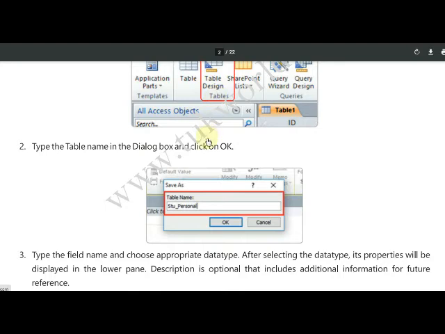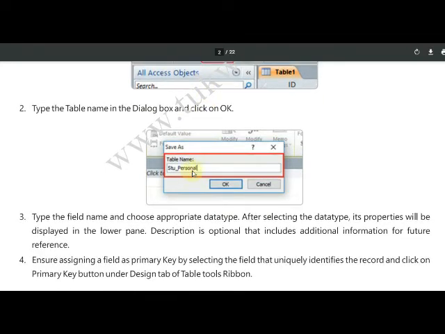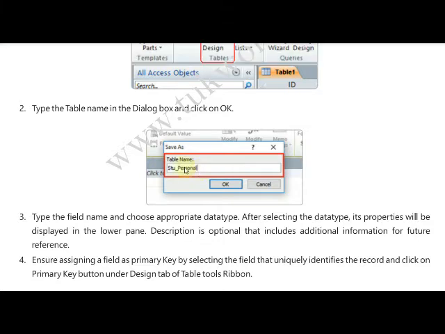When you click table design, it will ask for a table name. You have to enter a valid name, a name which is suitable for the table in which you are going to store data. If you are going to store data of students, then you must enter students data. You should not enter any other name like employee data. That means whichever topic you are going to hold data on, you have to enter a name for the table related to that.